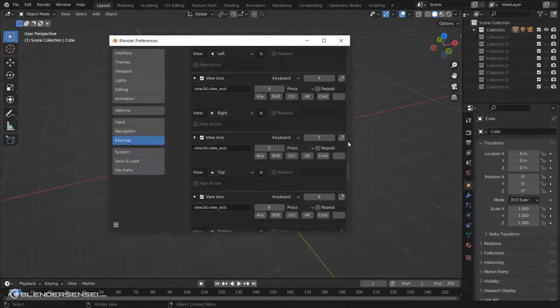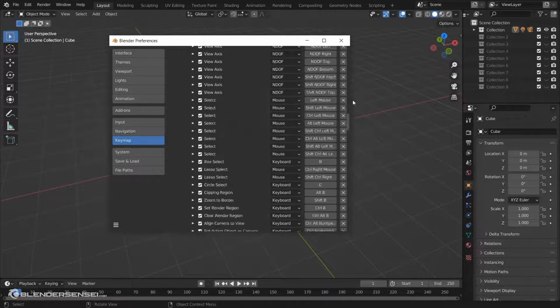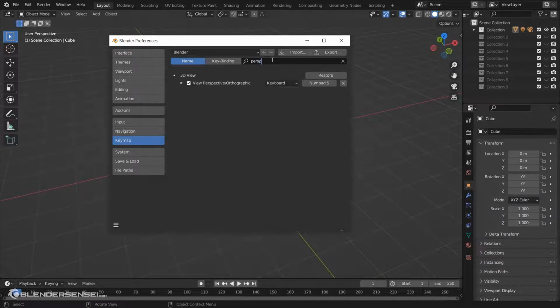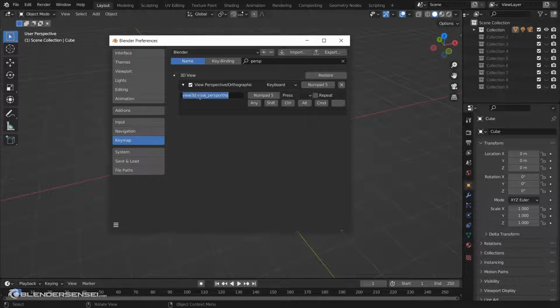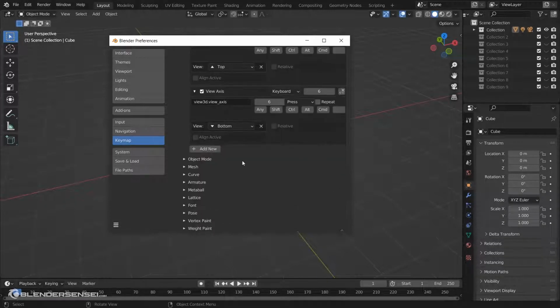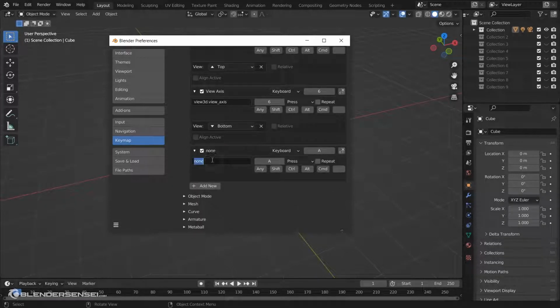so now we want to make a key for changing between perspective and orthographic. Quickest way to do that is to search for it up here where it says name, type in perspective. Here we can see it shows up here. We'll click this open, copy this value, close this out. Then we can head back to the bottom of here, add new, paste this value in, and this we want